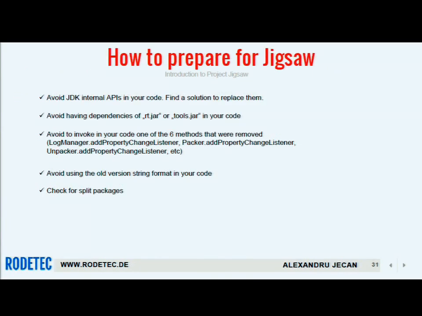Now let's see how you can prepare for Jigsaw. As I've told you, avoid JDK internal APIs in your code. Find a solution to replace them and use JDeps in order to find them. Then avoid having dependencies on rt.jar or tools.jar, because they were removed. Then there are 6 methods that have been removed, so if you use them in your code, you should remove them. Then avoid using the old version string format in your code. This is not part of Jigsaw, but the version string format has been changed in JDK 9. And if you parse java.version the old way, then your application will not work anymore. So try to